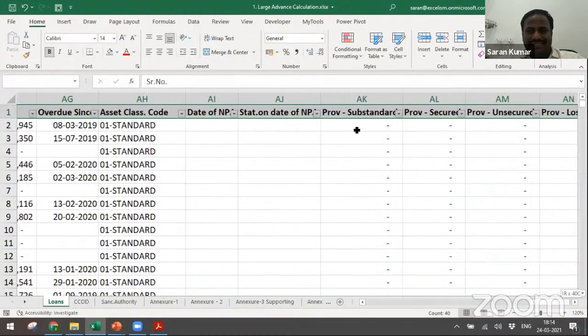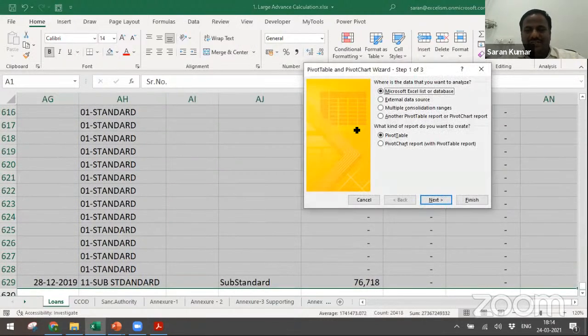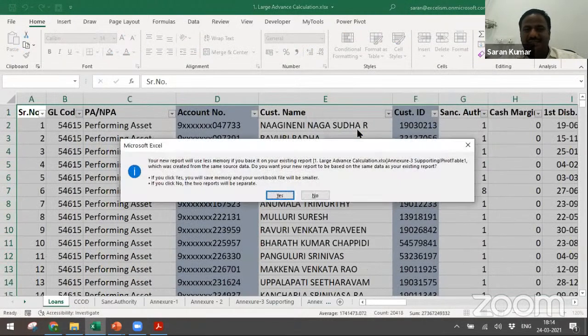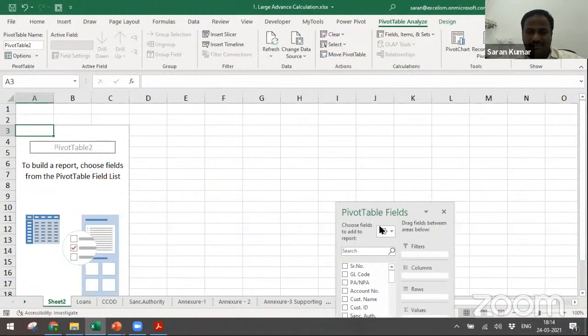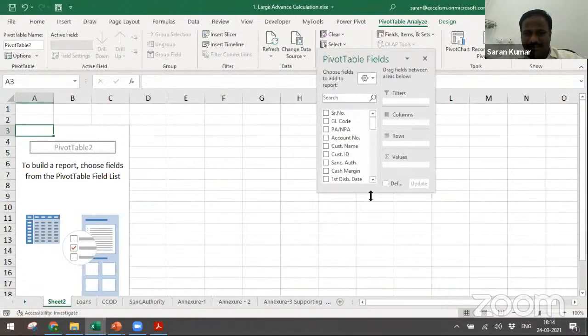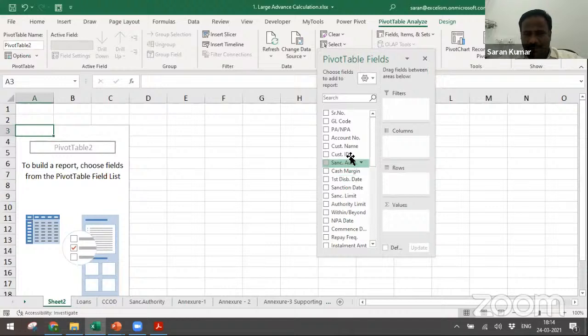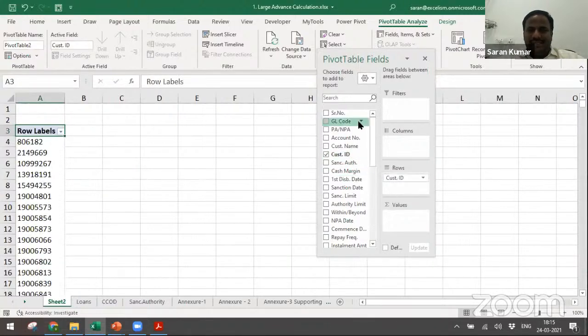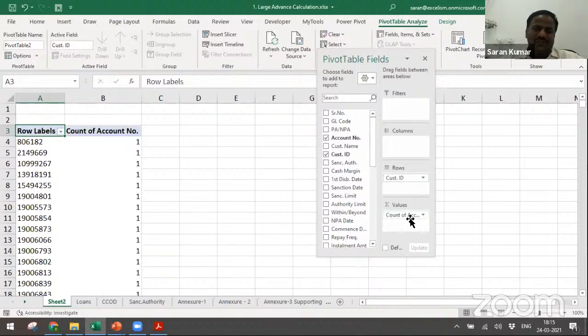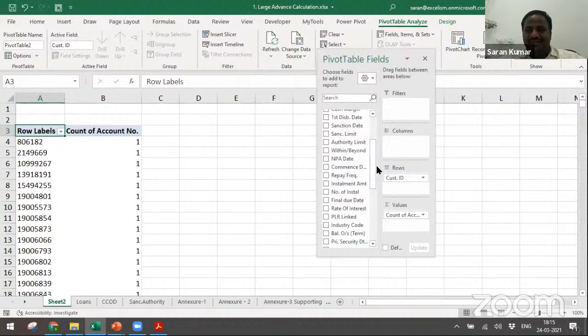What I'll be doing, I'll simply take another pivot table. So let's have the pivot table, enter, click finish. Now, what I want, account number, right? Customer ID, take the rows. Let me take the rows. Account number, let me take it into the values. And also I should know what is the outstanding, because